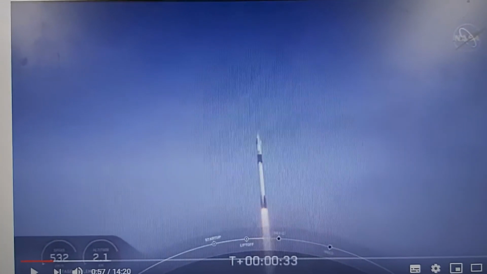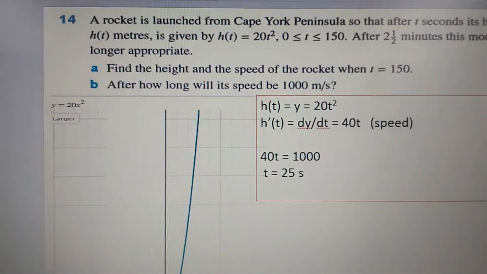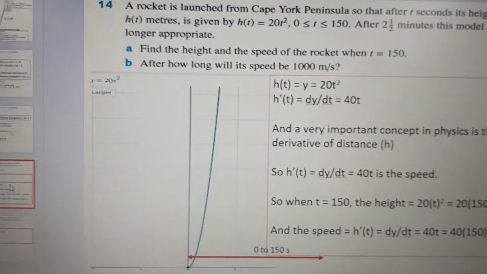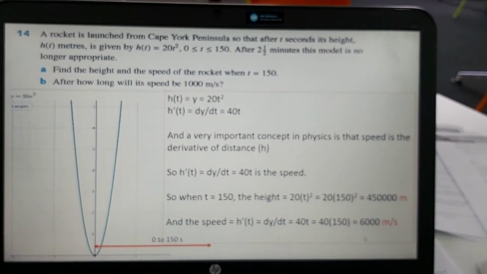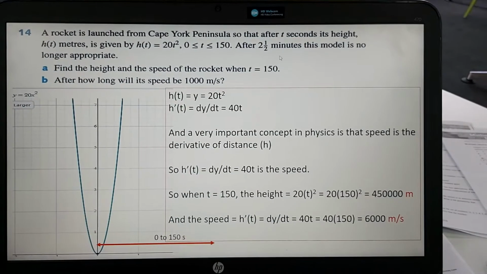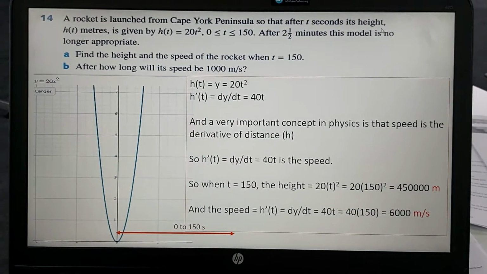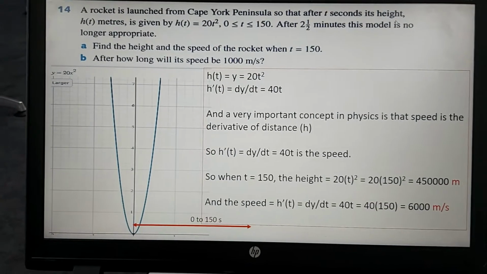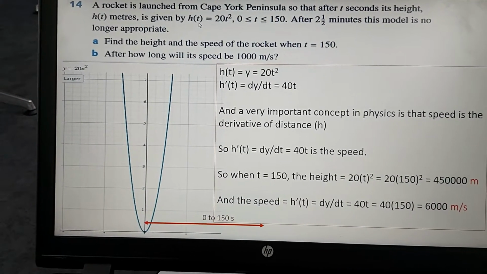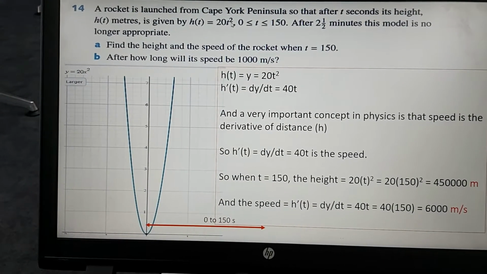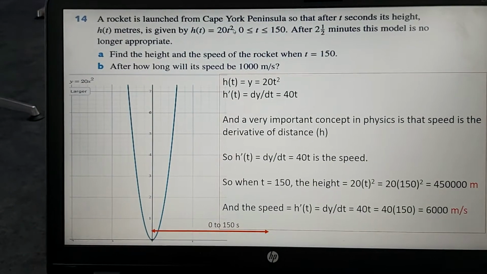And now let's come back to this question. Question 14. It says that you have this rocket being launched, and the height is actually the distance, the length, the distance traveled. So the distance is a function of time, equals 20t squared. So as the time goes by, your distance traveled will increase